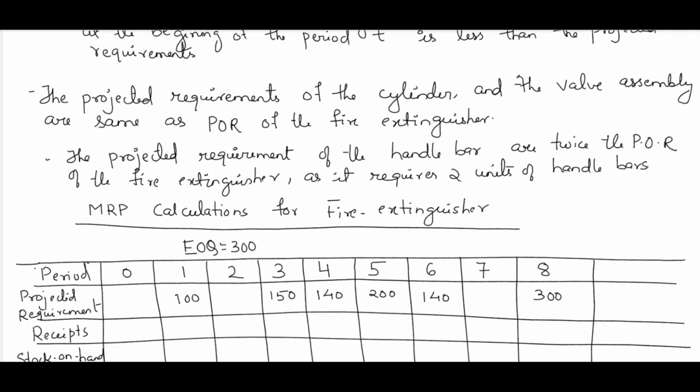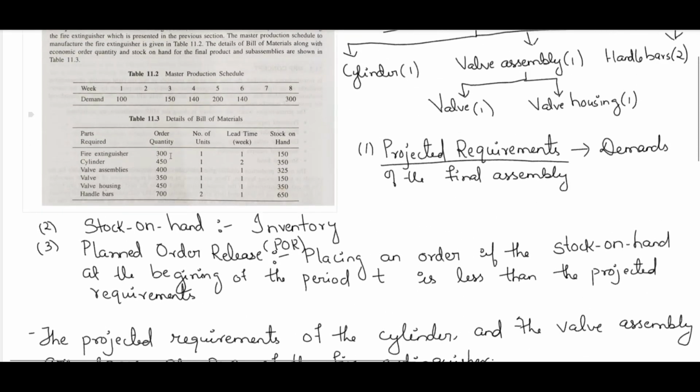So so much of calculation is done to determine the economic order quantity. That means this 300 is fixed. Whenever there is a shortage, we will be ordering 300 quantities at a time. So that is our economic order quantity. In the question also it is given order quantity is 300, that is our EOQ, and lead time is 1